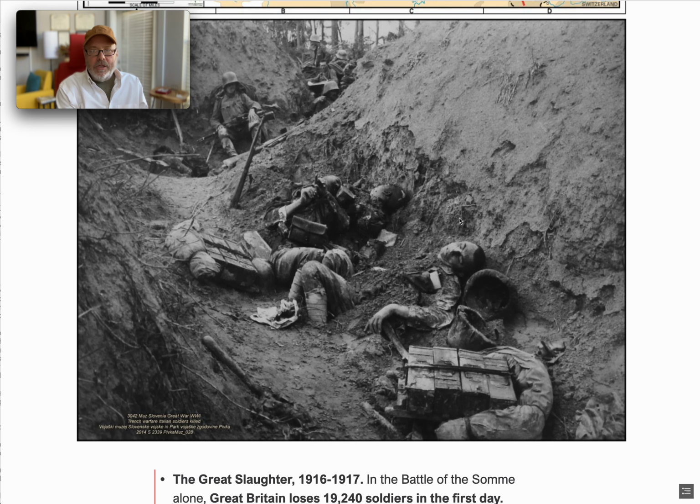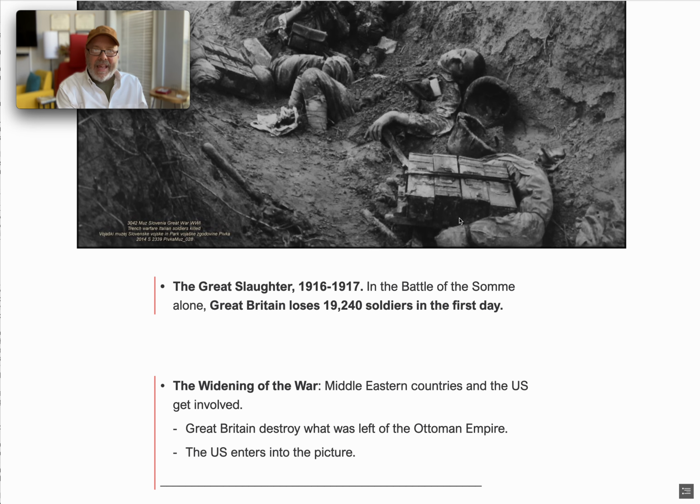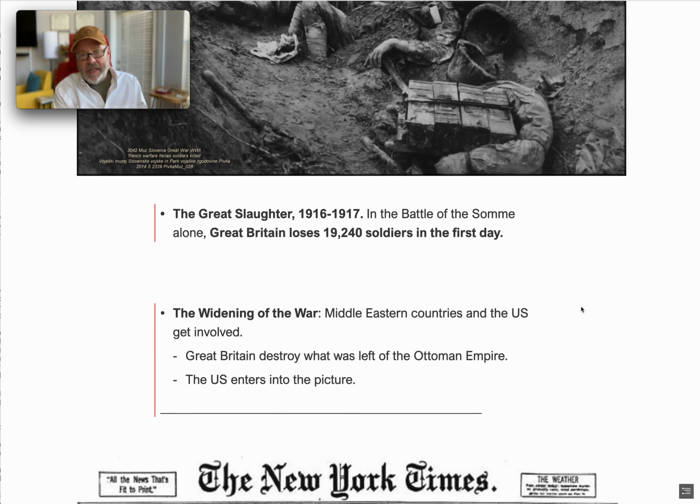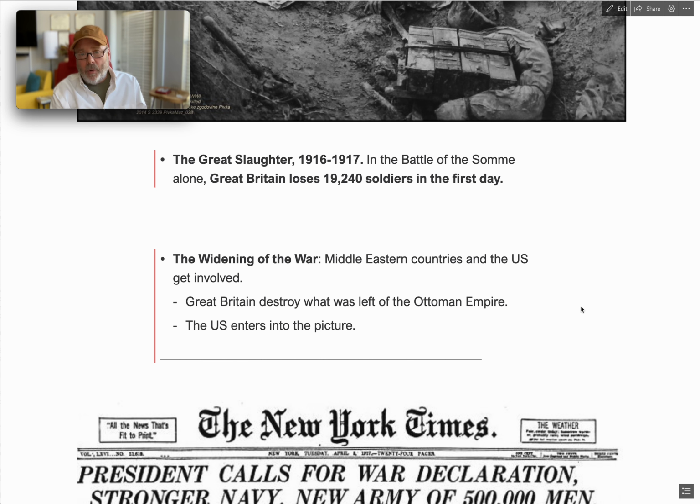And if you can imagine two trenches with a couple of 100 feet of land in between them, which was called no man's land, that's what this was all about: soldiers just trying to take a little bit of land and advance as much as they could. It was really sad. So the book talks about the great slaughter. But one thing I knew from my British history days, the Battle of the Somme, which was one of the first ones that Britain got into, they lost like 20,000 guys in the first day. So these are like Gettysburg Civil War type losses, just brutal automatic weapon losses out there in no man's land